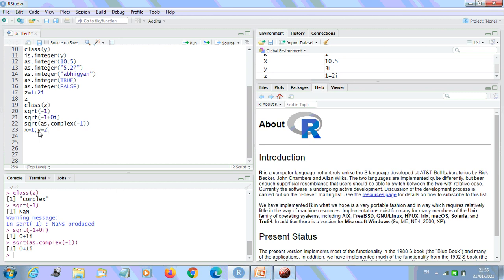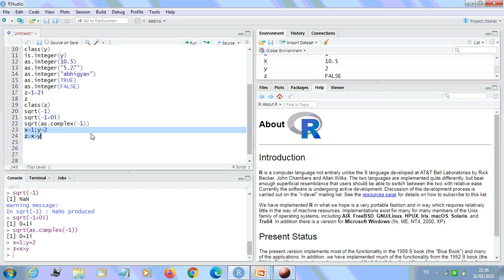Now we'll give a variable and do some logical kind of operation. I select both of these and run. Both get executed.